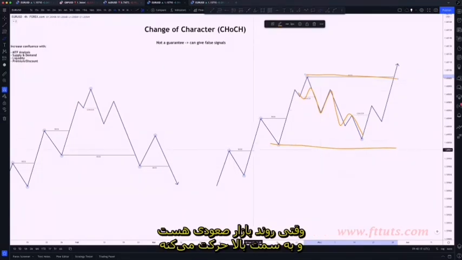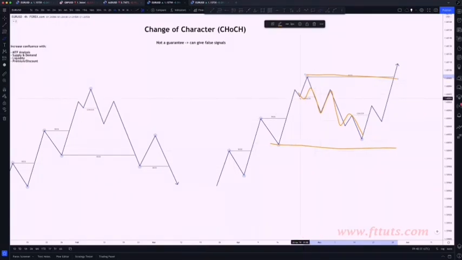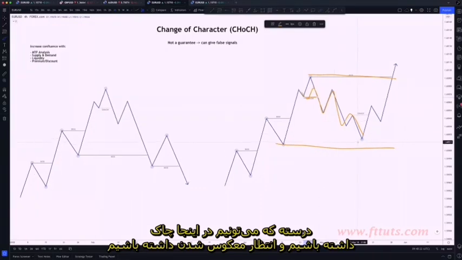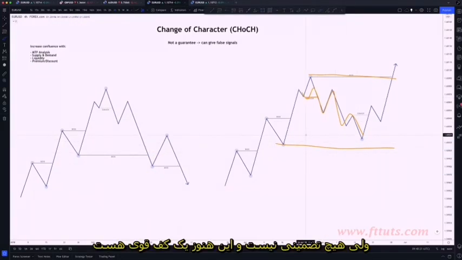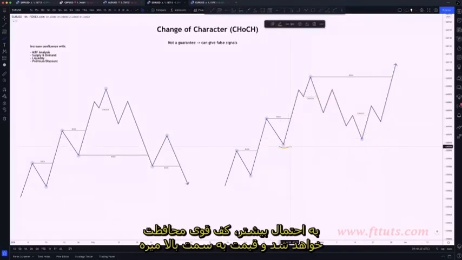So when the market is bullish and we're trading to the upside, yes, we can get that change of character there, and we can anticipate the reversal, like what we were expecting to happen over here. But there's no guarantee because this is still a strong low, right? So the odds are that this strong low is going to be protected, and we're going to continue to the